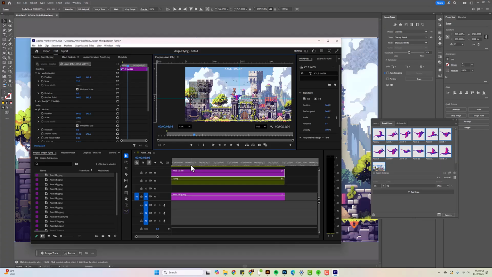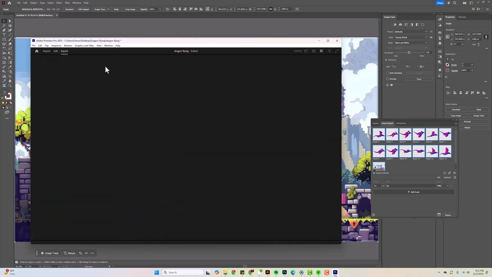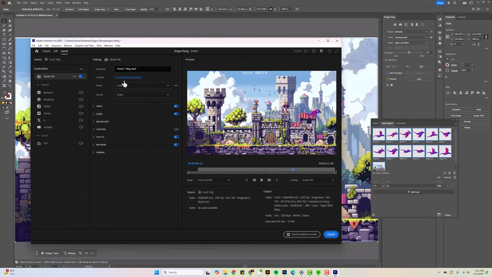So now my dragon should fly by. Right there. And if you decide that maybe it isn't high enough or something like that, you can make it higher. But mine's going to fly right through the middle. And now I'm going to click down here to make this active, and I'm going to do Command M, and I'm going to export this. So to export it, hit Command M and go to the export screen, or I can click export right here,